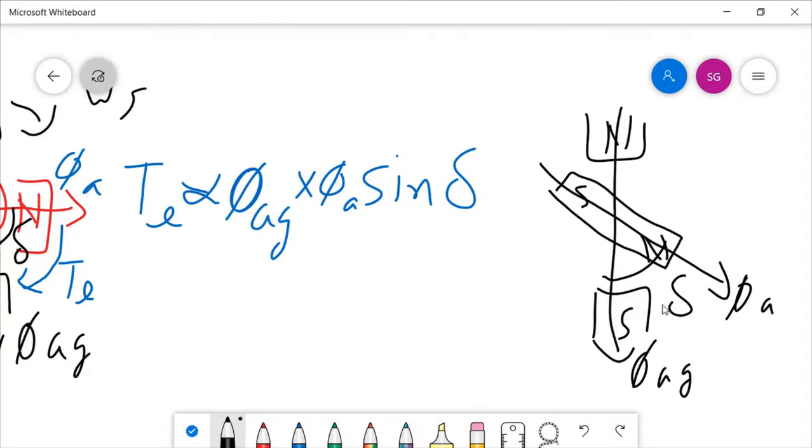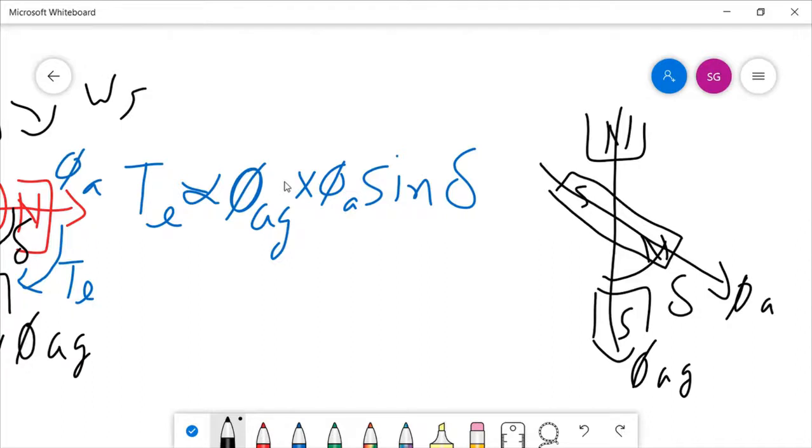But this delta, mind you, cannot be zero, because as soon as it is zero, it means that this rotor gets aligned with this and there is no torque. So if delta is equal to zero, torque will also be zero. This will always take place when the rotor speed is equal to the synchronous speed. At that point, there will be no induced EMF in the rotor, because there is no relative speed, there is no flux cutting action in the rotor conductors, and that's why there will be no current inside this, and there will be no torque as well. So this is the broader picture.